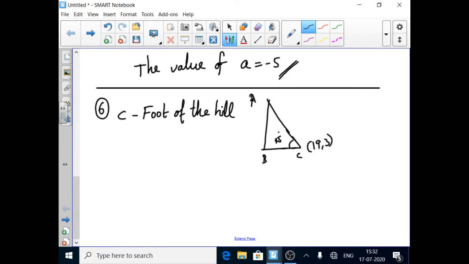Next, the slope of AC, I consider as M here. Okay. So in the question, the hill's foot is (19, 3). The inclination of the hill to the ground is 45 degrees. The inclination of the hill means theta. So since theta is given as 45 degrees, in this triangle here we should take 45 degrees. Okay. So find the equation of the hill joining the foot and top. So here we should find out the equation of the hill that is joining foot and top.